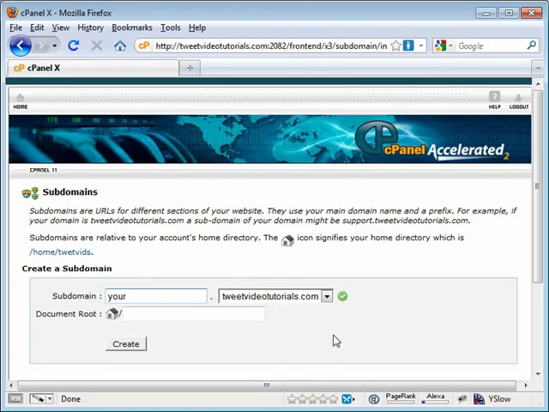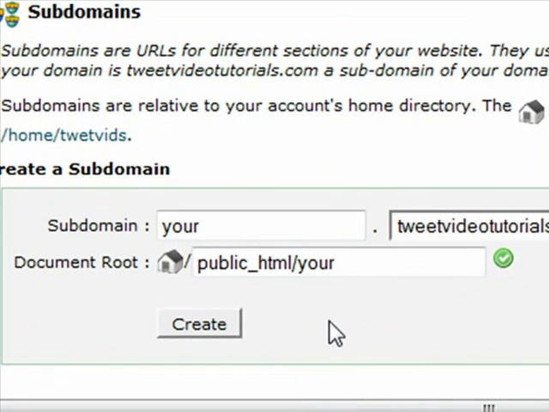Now, as soon as you click anywhere on here, cPanel is going to automatically create your path, or the document root, to where you would install all of your files, images, blogs. Maybe you've got an OS ticket help center you want to put in here as well. This is your directory now for anything and everything associated with this subdomain. Just want to point out too that you can in fact change this.